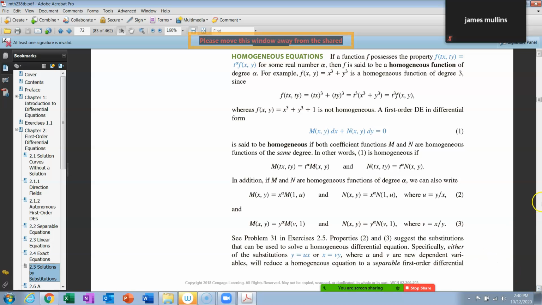But let's first look at how they do it. If a function f possesses this property, that f of tx, ty is exactly t to the alpha times f of x, y, for some real number alpha, then f is said to be a homogeneous function of degree alpha. That leaves a lot to be desired in my mind. And here's an example, and this makes perfect sense. F of x, y is equal to x cubed plus y cubed. This is a homogeneous function of degree 3, since if you let